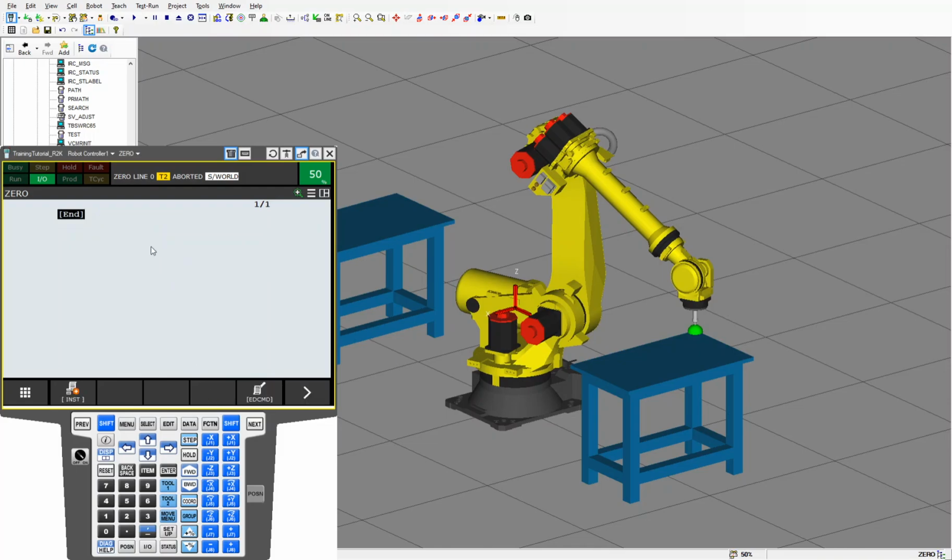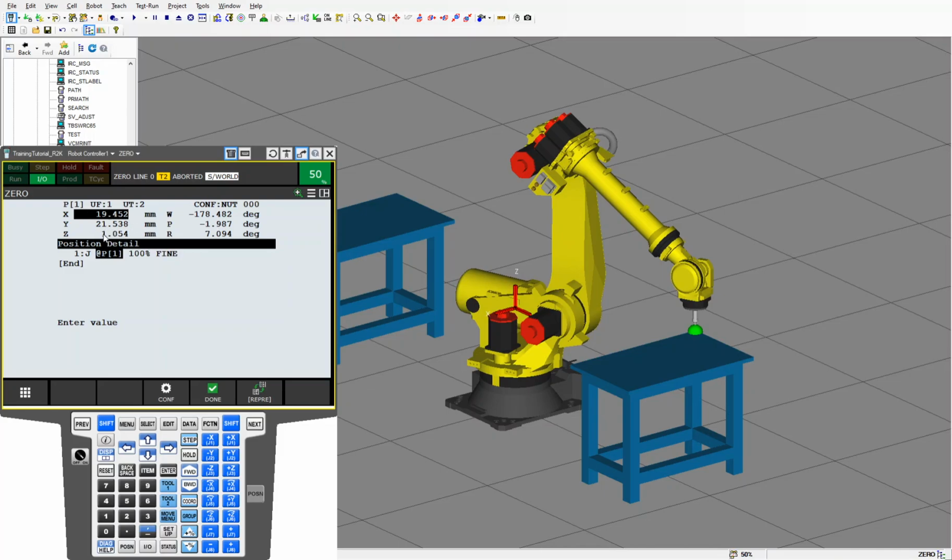Delete. Yep. So here's a blank program. I love to call them zero. I'm going to say, give me a point. Move joint fine, because I want to stop when I get there. I go here. Position. Now, by default, and you can change the defaults, but by default, a robot teaches its